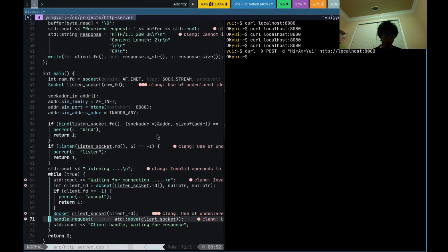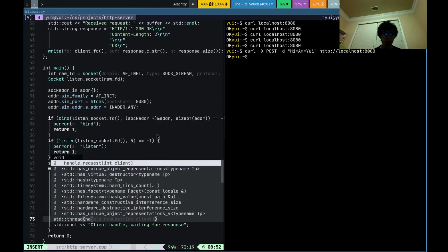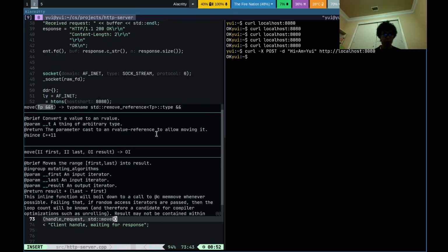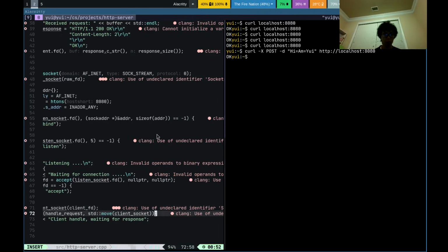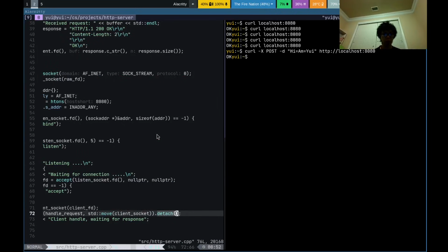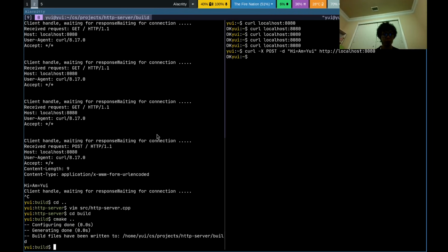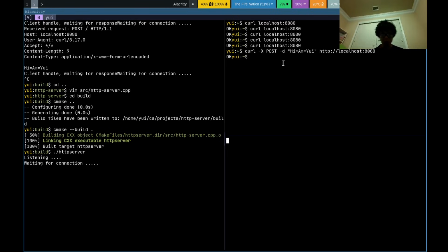So here, I'm just going to say std::thread, select that, passing our function, and targeting std::move our client socket, and we want to detach it. We want it to run independently. So let's try it. cd build, we run make, right? And now, if I open our terminal here,